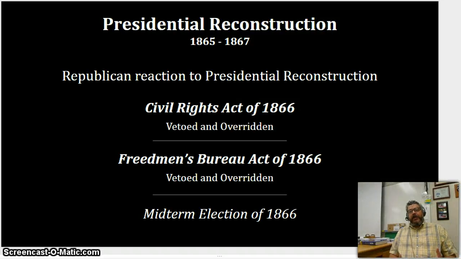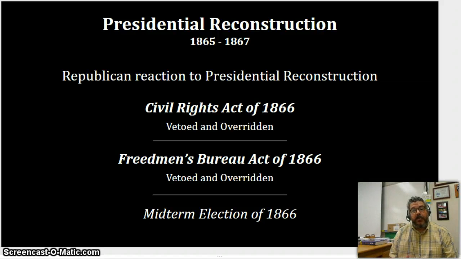What's the response going to be from Republicans? Well, it's going to be pretty swift and it's going to be pretty harsh. Johnson announces the end of Reconstruction in 1866, the successful Reconstruction of the South. The Republican-led Congress is going to pass the Civil Rights Act of 1866, with the intent of trying to blunt some of those black codes, to institute rights and freedoms for the freedmen. Unfortunately, it doesn't come with any type of enforcement, and so it's going to largely fall on deaf ears. In fact, as it reaches the president's desk, he's going to veto it.